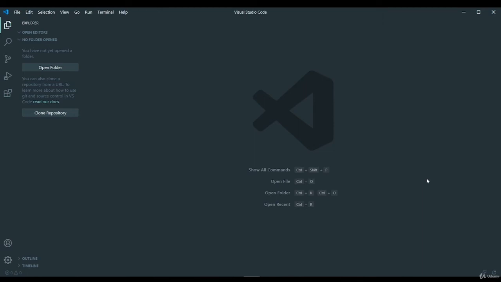Right now I have opened Visual Studio Code which we already installed, but your screen might be different from mine because I have installed some extensions and a theme which made my VS Code look different from yours. If you want, you can go to the resources and see whatever extensions I have installed, and download them if you want. So let me move to the next step, that is creating a React app.